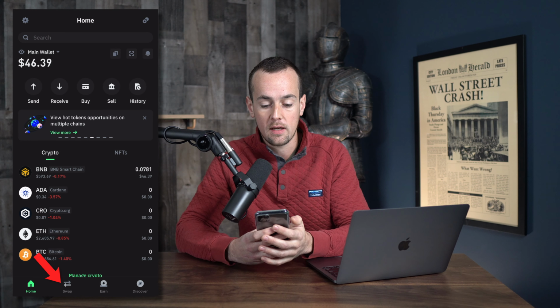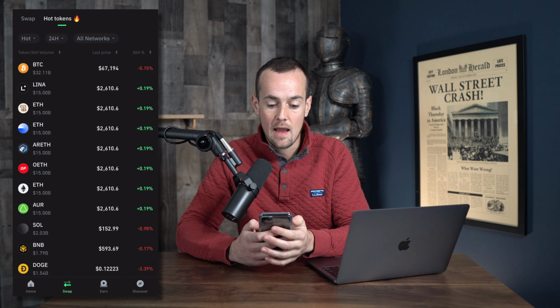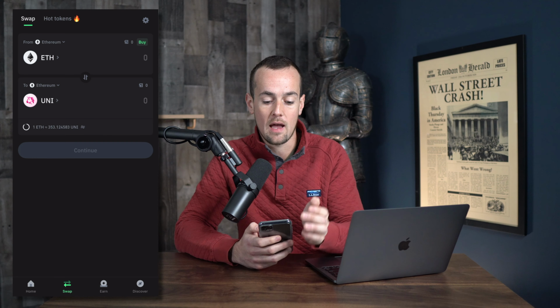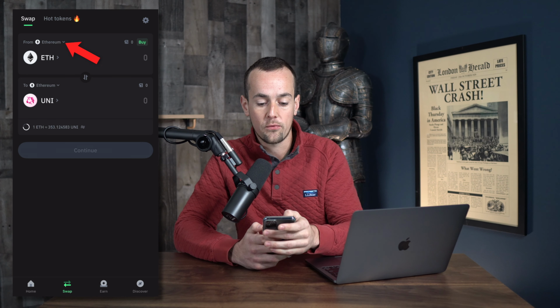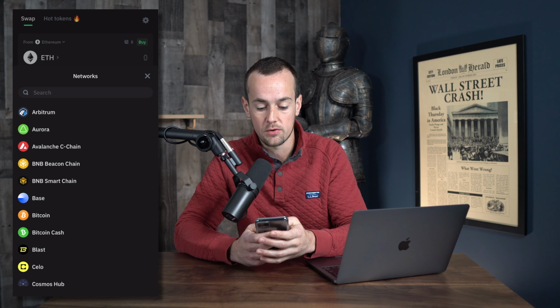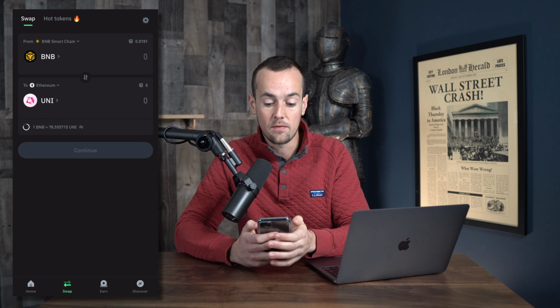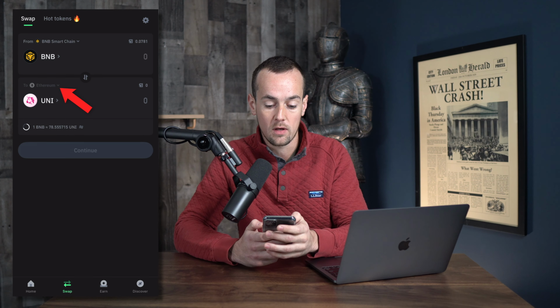What we're going to do is click on the swap button at the bottom, and then at that point we're going to click on swap in the top left, and it's going to have a from and a to. So in the from section, we're going to swap this over here to BNB Smart Chain, which we do have in our wallet now. And then it's going to let you know over here, after we click on to and